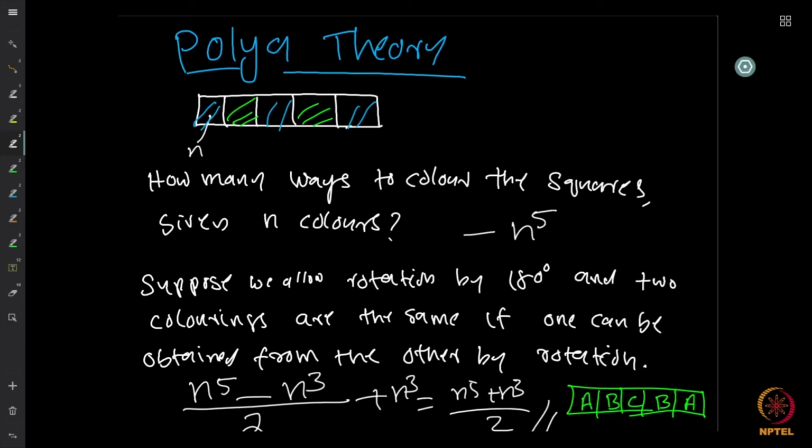Now, let us try to see how much more we can go in this direction, right? So the idea of Polya theory is to somehow generalize this. So what is the kind of thing that we can use to generalize something like this? So one thing that we observe, if you think about this, is this rotation that we are talking about, for example,